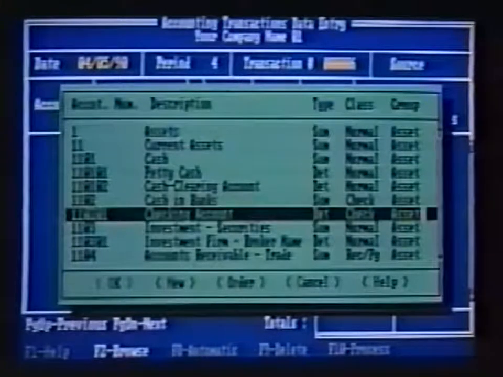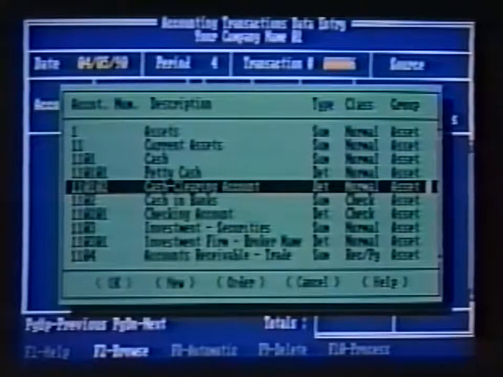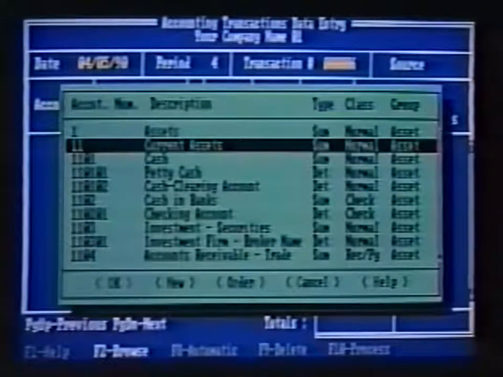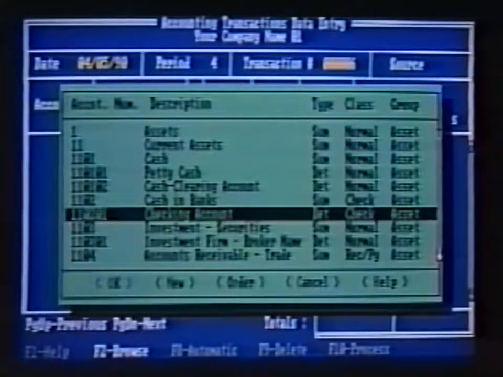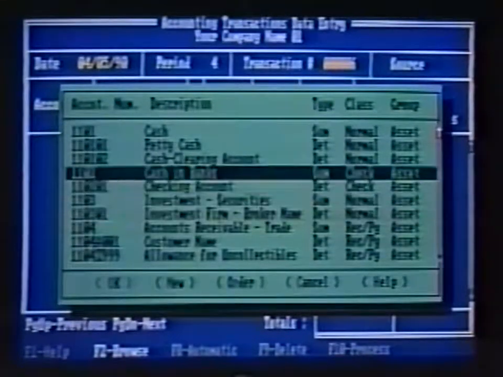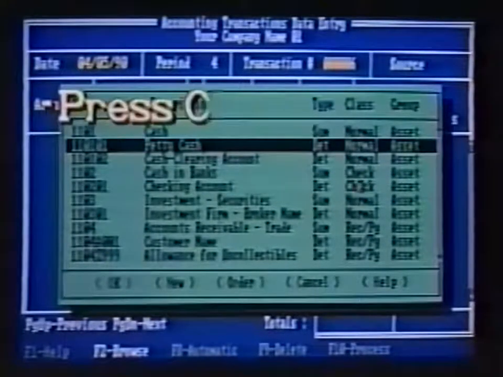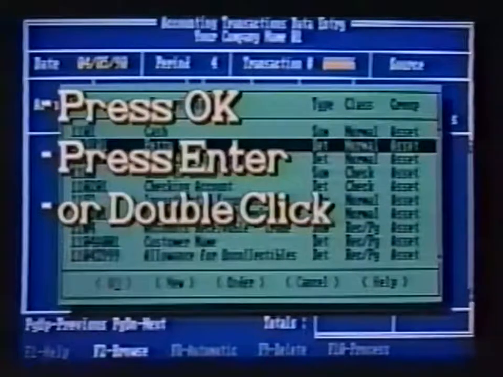The highlight in the box moves as the mouse pointer moves. The mouse cursor can also be positioned over the arrows above and below the scroll bar to move the highlight one item at a time. Every click of the left button moves the highlight one item. Once we locate the correct account or product, we can select the information by choosing OK from the options at the bottom of the window, or by pressing the Enter key, or by clicking the left mouse button twice. The account or product information that we've selected then will be pasted into the screen we are currently using.